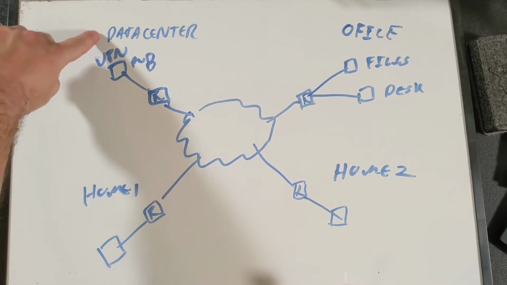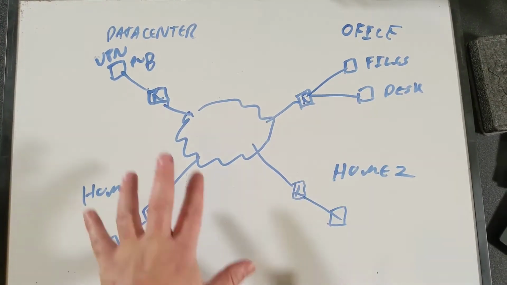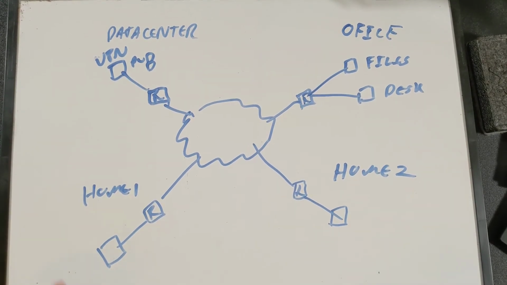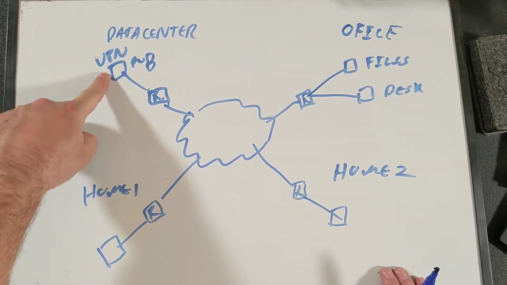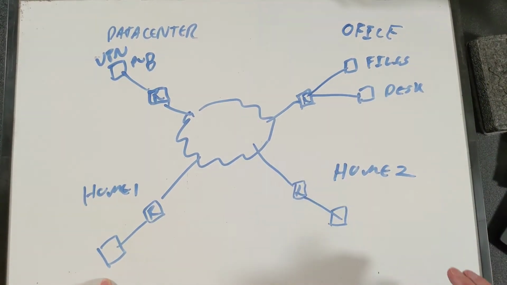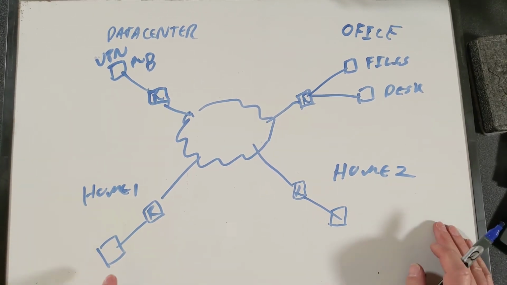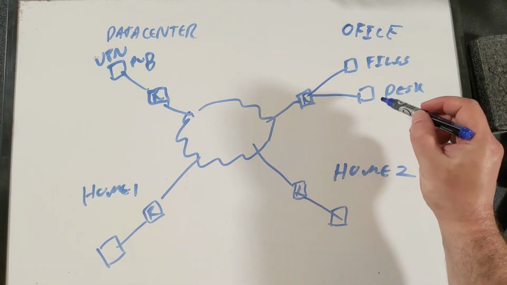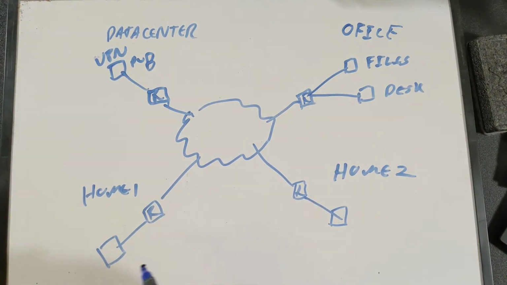So what we've done is, over at a data center somewhere other than the office or any house, we've set up a VPN server. And that VPN server is going to have a public address, but all of these other machines are only going to have private addresses on private networks. And this is 3 separate private networks. So we have 2 homes, and we have the office. And it may be that these 3 machines, this desktop, this laptop, and this laptop, all have the same private IP address, so they couldn't possibly talk to each other, even if we tried to do routing.